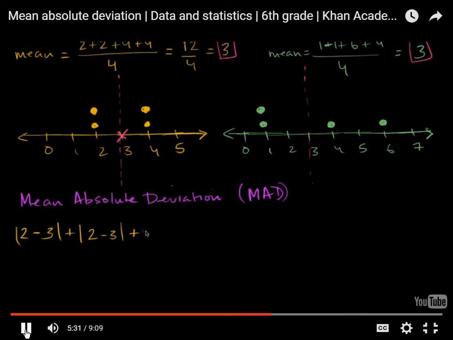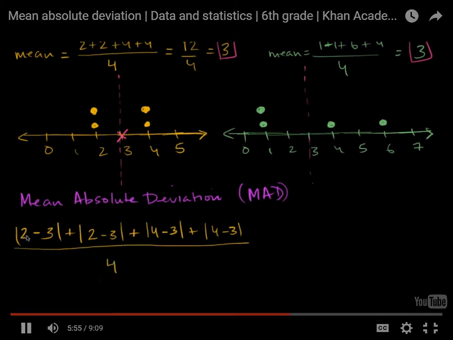So let me write that. Then we have the absolute deviation of 4 from 3, from the mean. And then plus, we have another 4, this other 4 right up here. 4 minus 3. We take the absolute value, because once again, it's absolute deviation. And then we divide it by the number of data points we have. So what is this going to be? 2 minus 3 is...